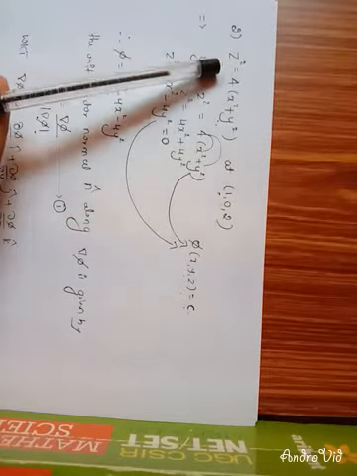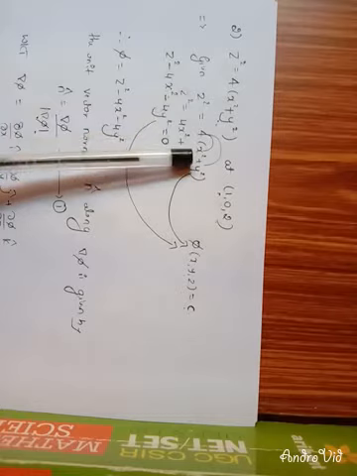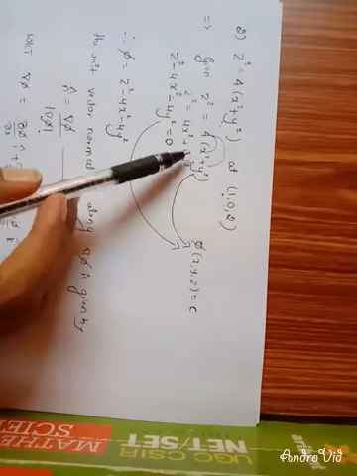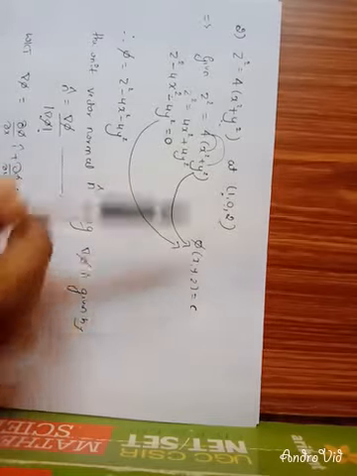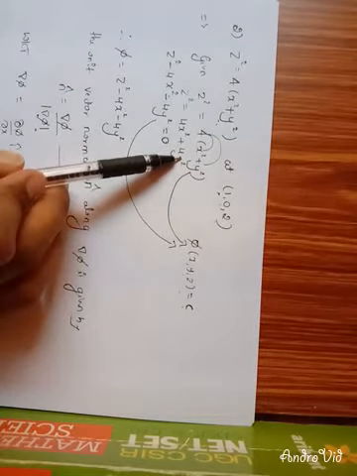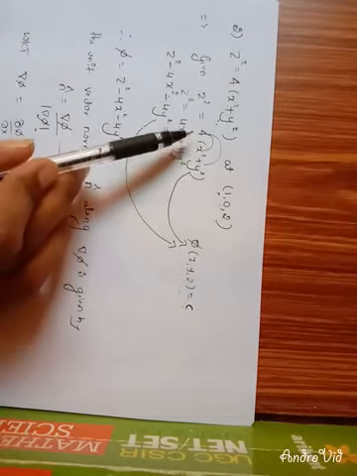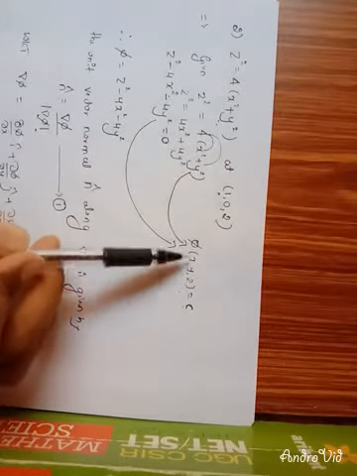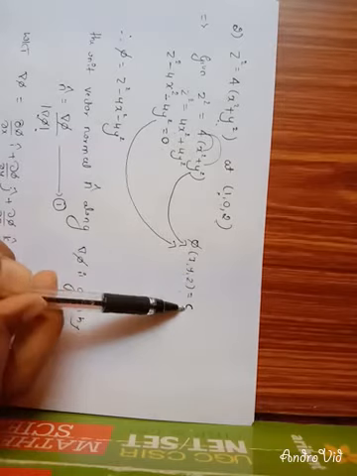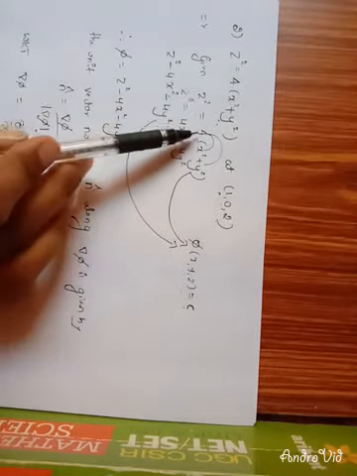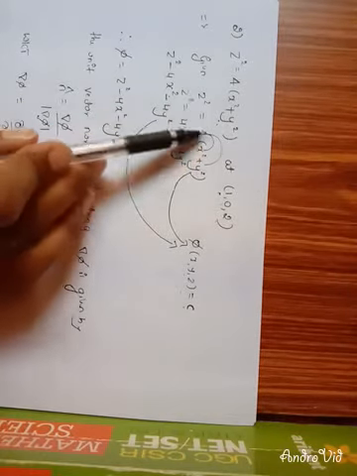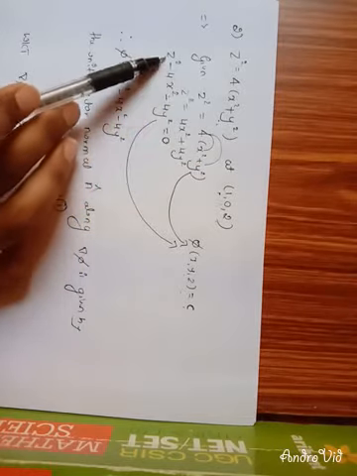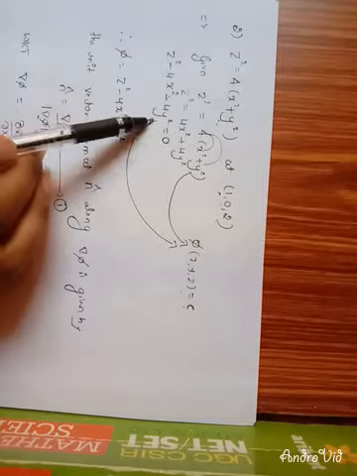The surface equation given here is z square is equal to 4 into x square plus y square. Compare this equation with the general form. There is no c term here, which means there is no constant. First we have to bring the whole surface equation in terms of phi of x y z is equal to c. Here z square is equal to 4 into x square plus y square, which is 4x square plus 4y square. Then transpose these two terms to the LHS, and it becomes z square minus 4x square minus 4y square